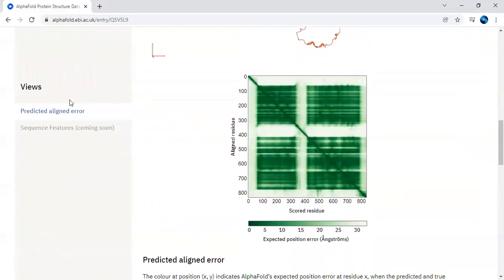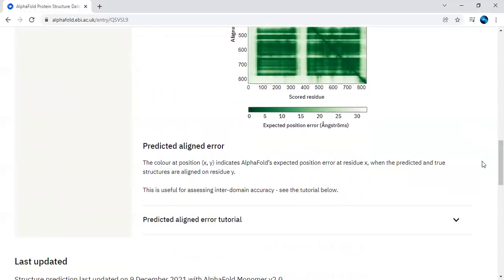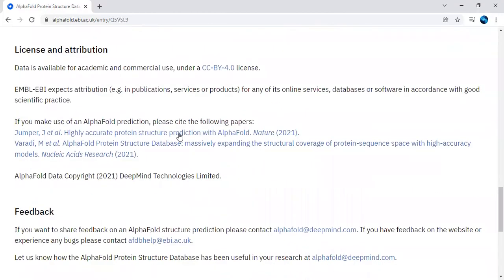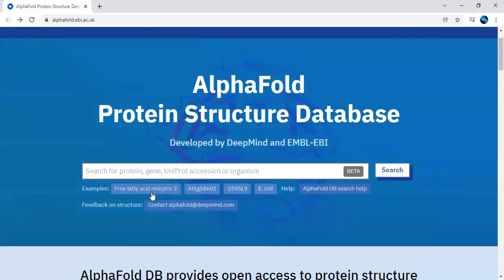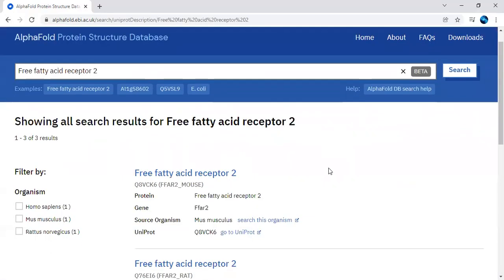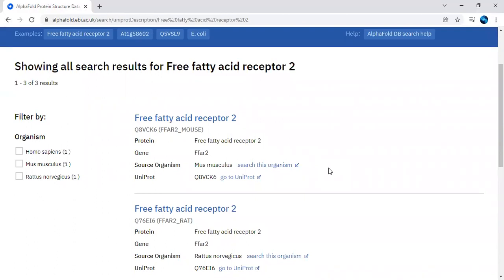Then here you will find the predicted aligned error, which will be coming soon. So this is a new resource available on the bioinformatics platform, though different features still need to be updated. You can use this flow and understand it by giving your particular protein target, gene name, or organism. Then I will give one more keyword just to cross-check what other information we can get. We can filter with respect to the organisms we are interested in.